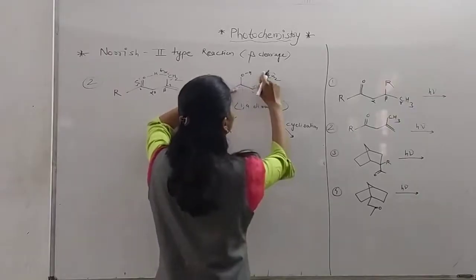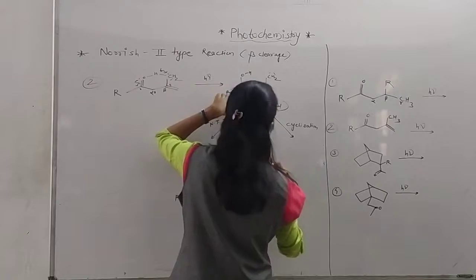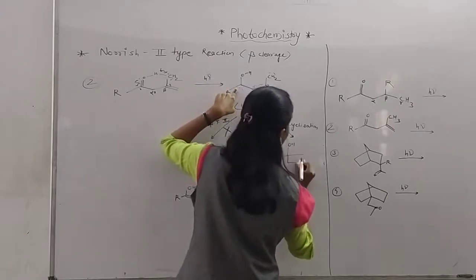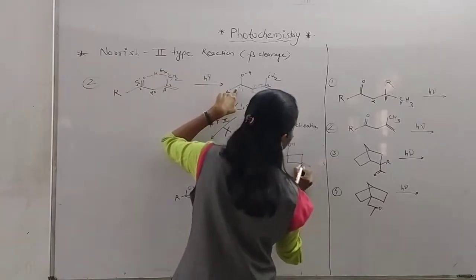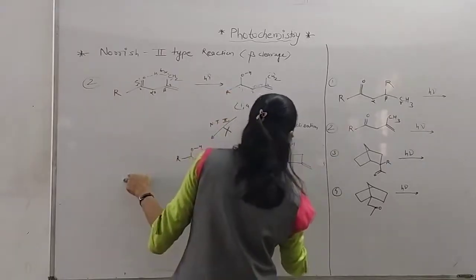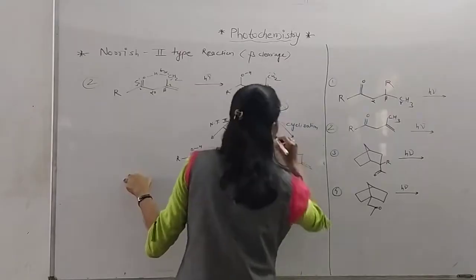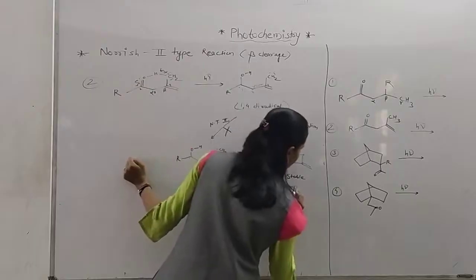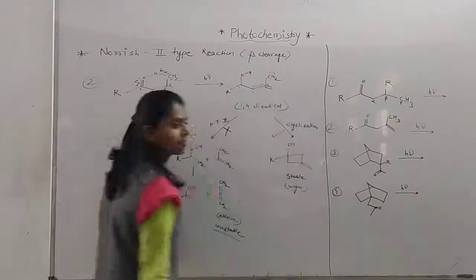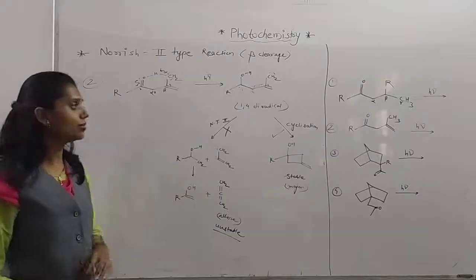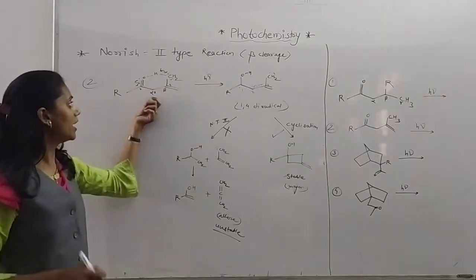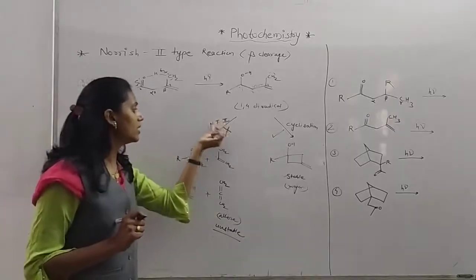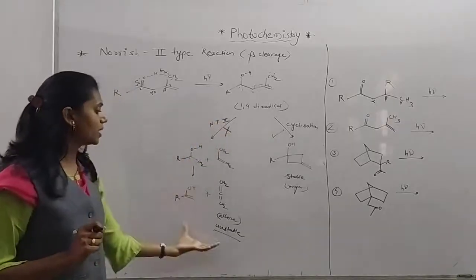Cyclization means directly this 1,4 radical will be joined here, and this is the stable product we have obtained, and we go through this reaction, and this is the major product. Understand? Actually, you know that if there is a hydrogen at the alpha position, we do the reaction by Norrish type 2, and we obtain a product.